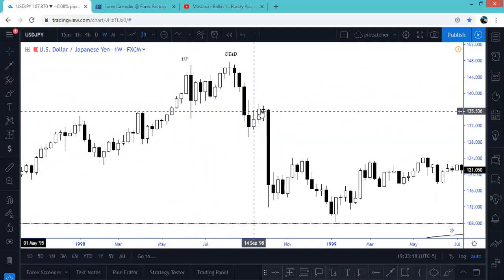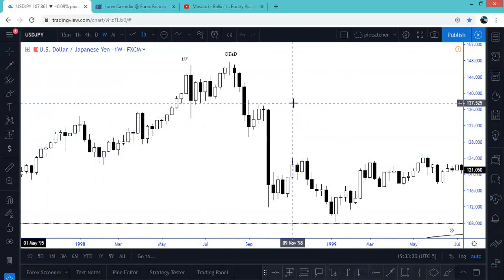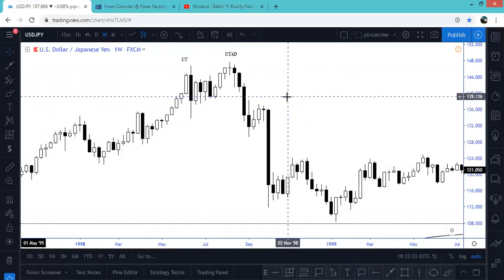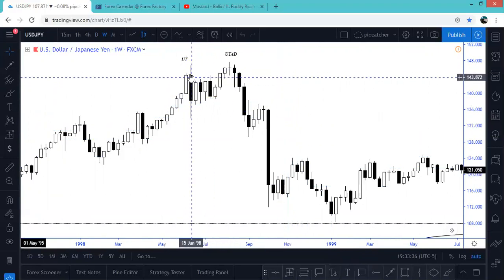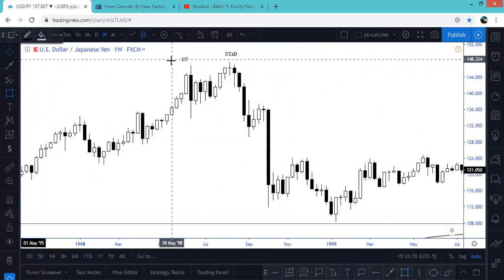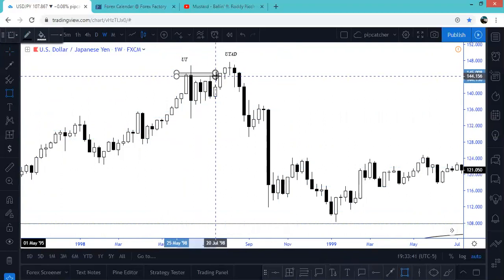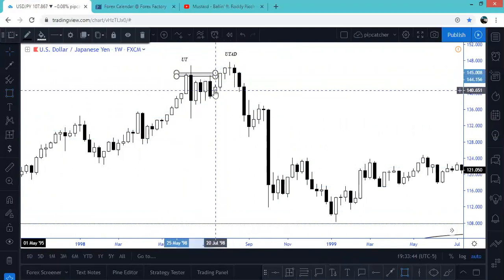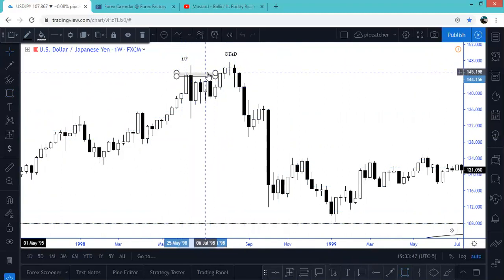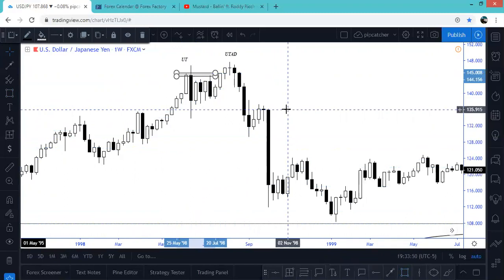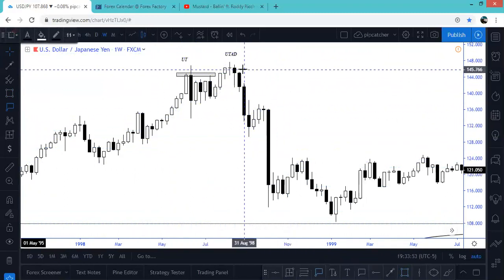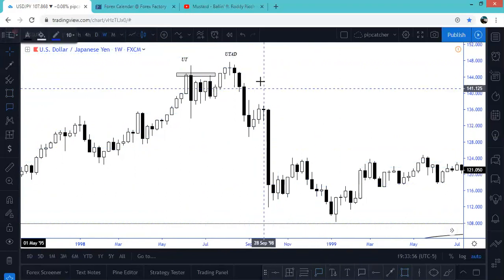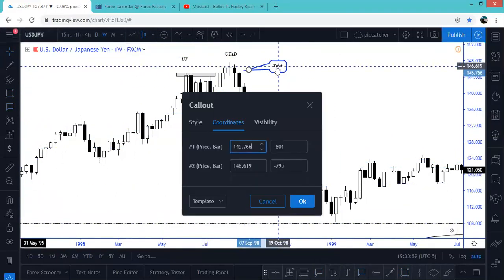Now, what do I see right here? First off, if you watched a previous recording, I talked a lot about breaker blocks, right? So if you see right here, let's just say we have liquidity. Did liquidity get hit? Did these stop losses and buy stops get hit? Yes, they did. So we have this breaker,